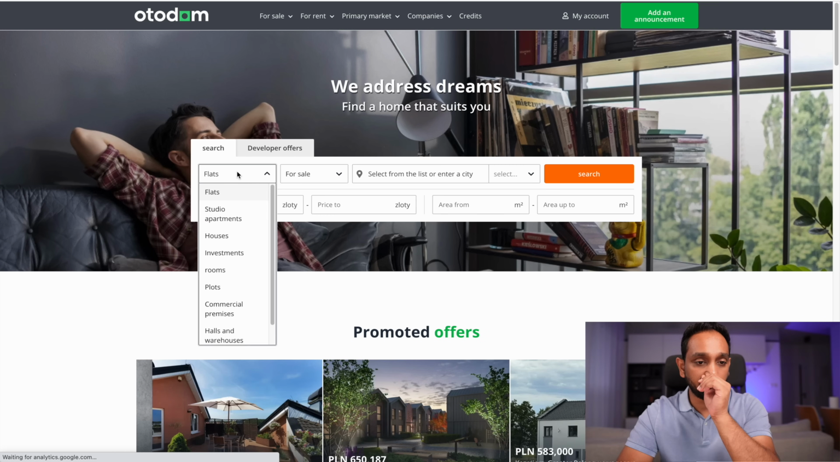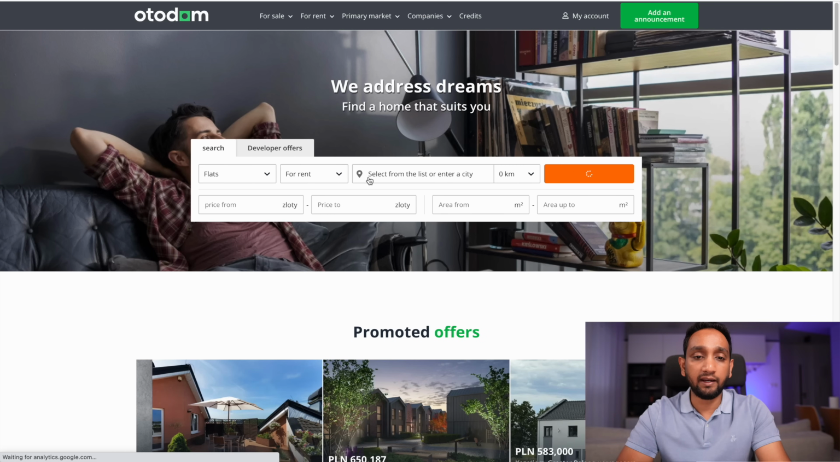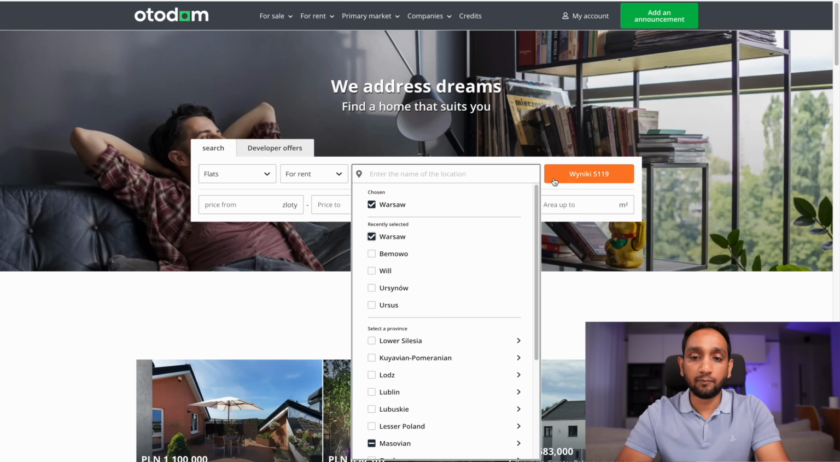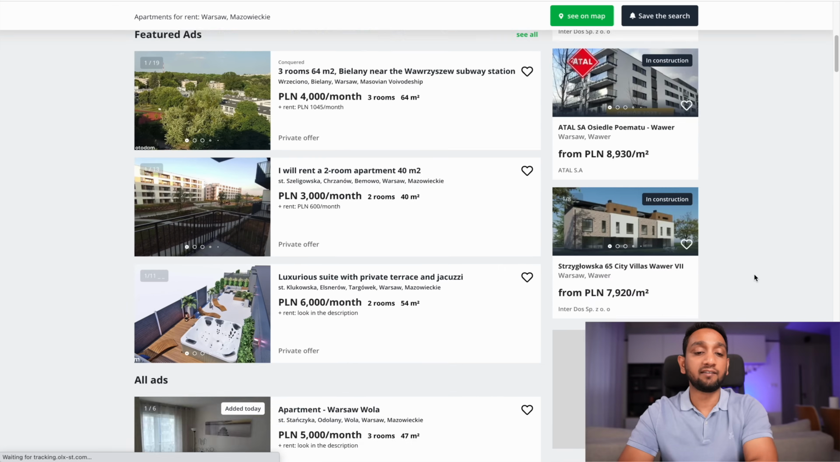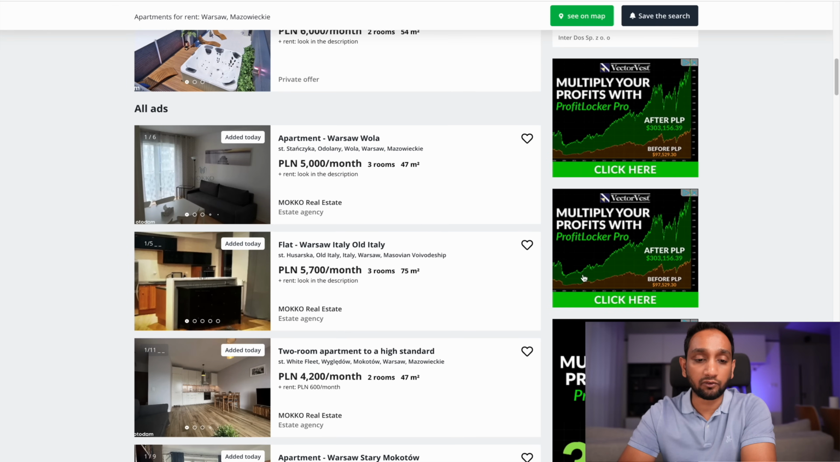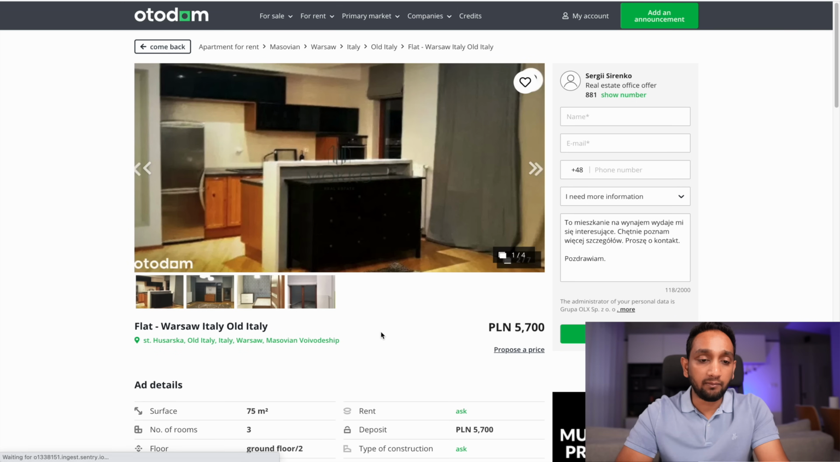Now let's say I chose flats and for rent, and let's say the city Warsaw, and if I click on the result, I'll basically see all the different ads for rented apartments in Warsaw. And let's say I choose any one of them. Okay, and if I click on any one of them, you see that I have all the information like the